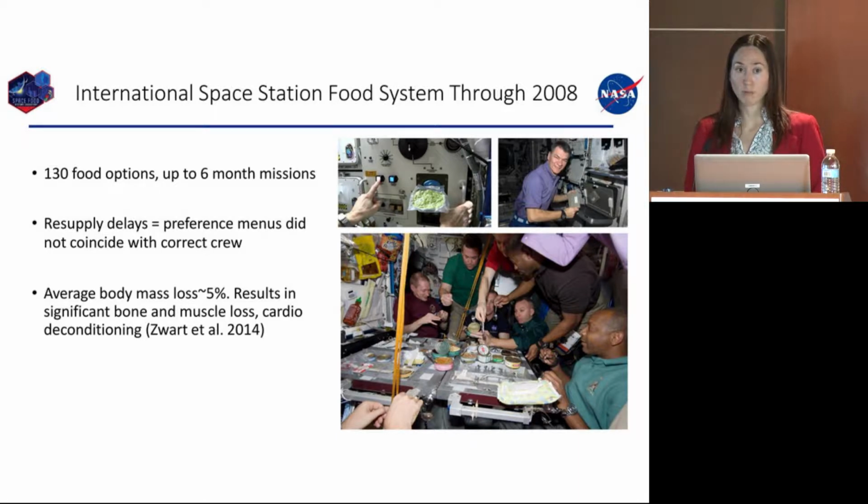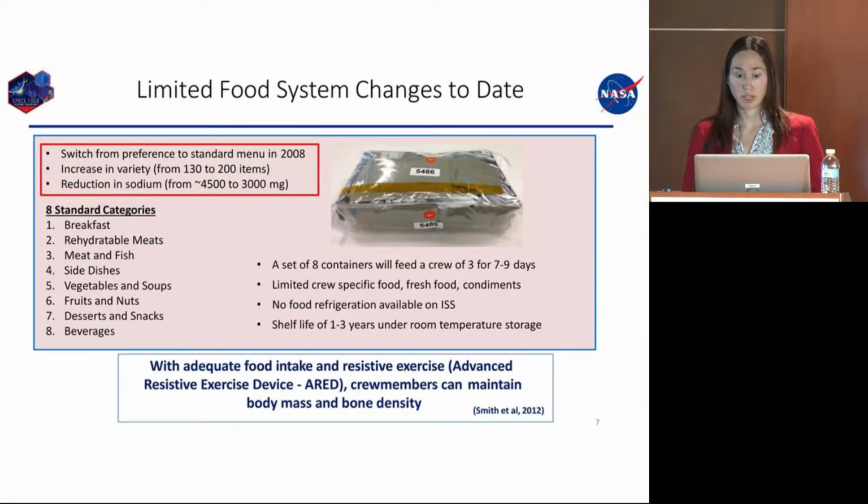So we're seeing more body mass loss on the International Space Station missions, up to even 10%. And body mass loss in high-performing, very healthy people who are in microgravity equates to significant bone and muscle loss, cardio deconditioning, and so this was a problem. We did switch from a preference to a standard menu for the International Space Station in 2008, and what this